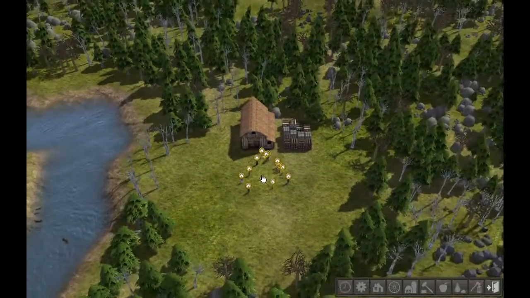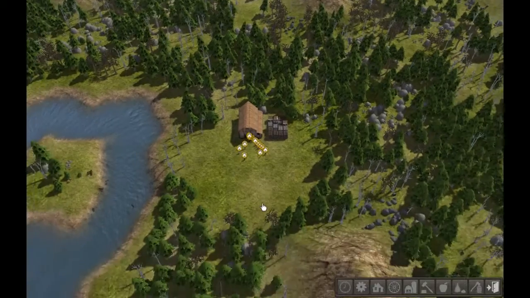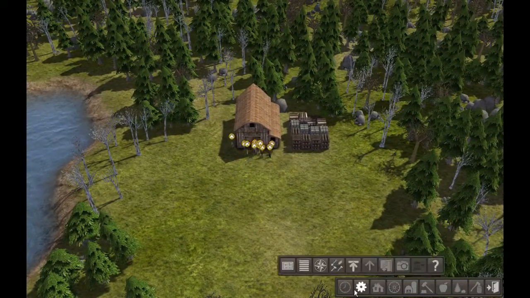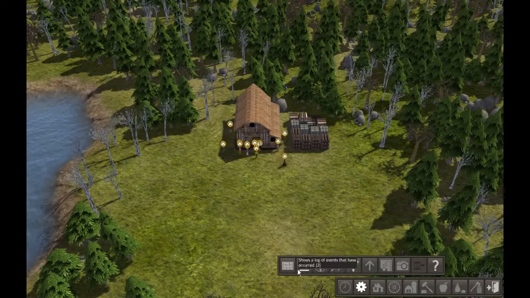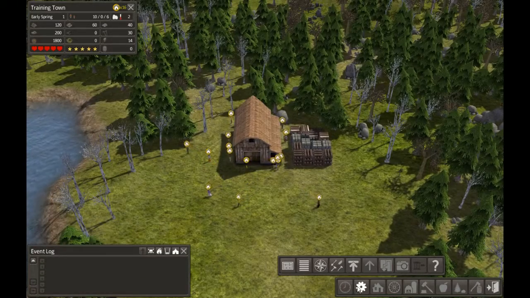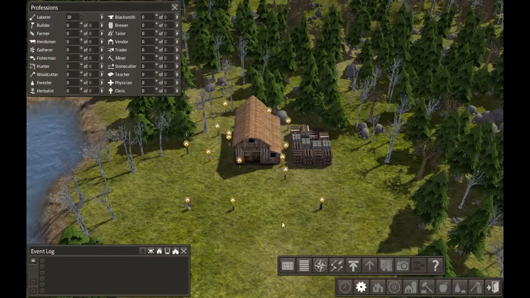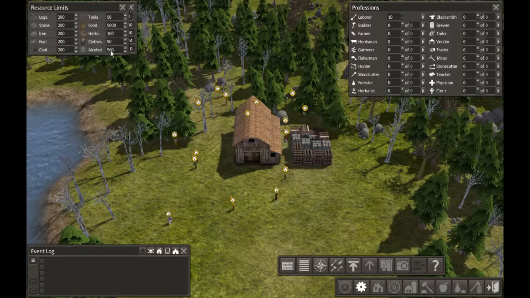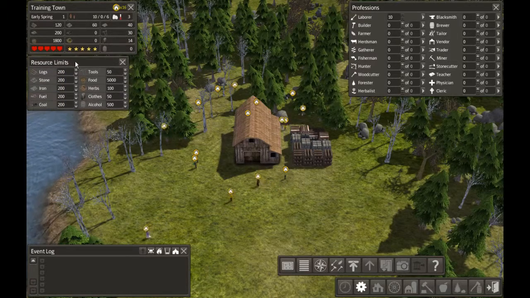So I've pretty much got the basics figured out for this game. It's not too difficult to figure out. Put these up. Front log. Job allocations. The screen isn't too crowded. Hopefully it should be alright. And the limits. Alright, so we're gonna put the logs on 400